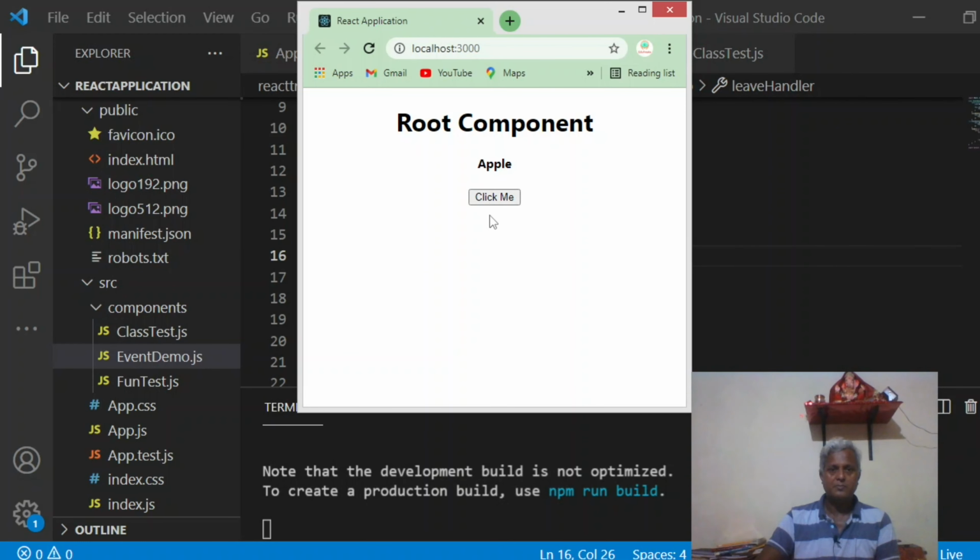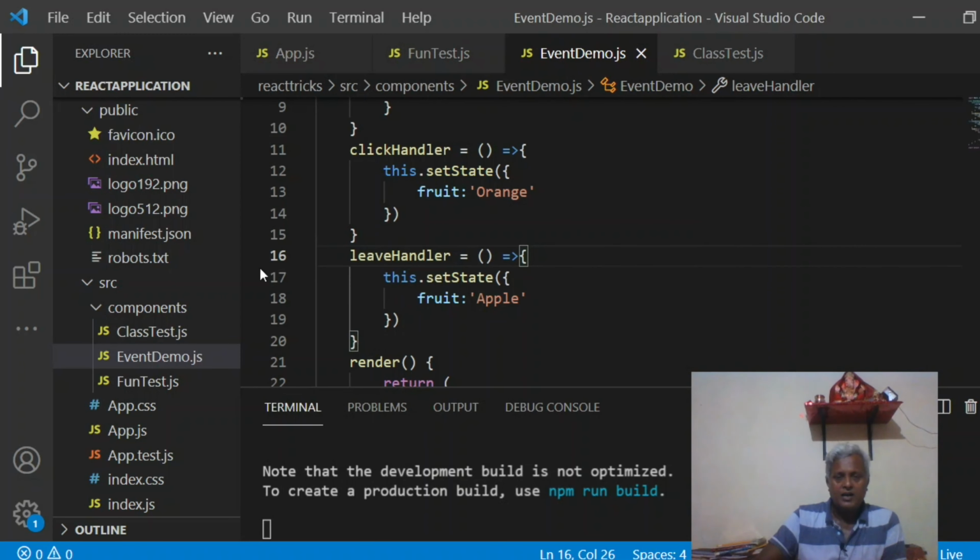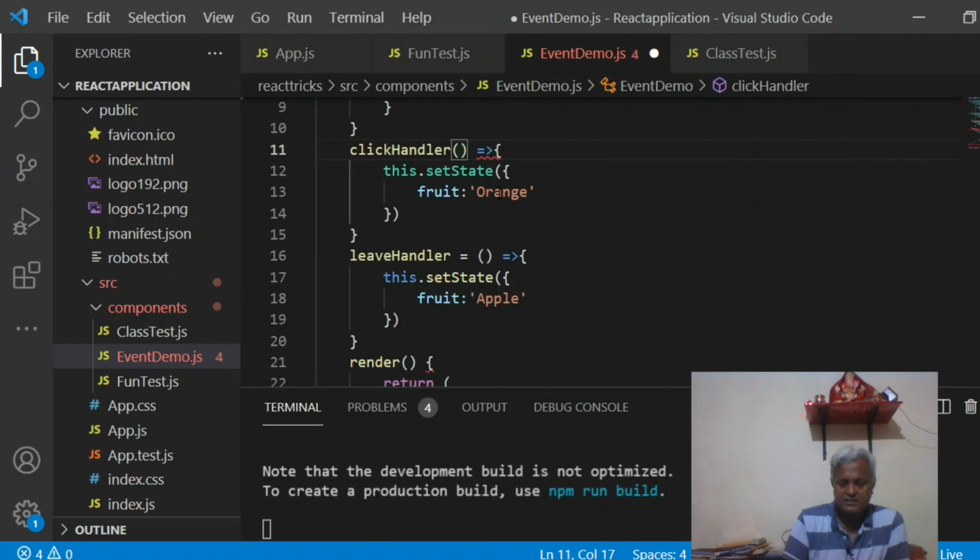So orange, apple, orange, apple, orange, apple, like this. This is called an event, like you are eventing, you are adding the event, and then with the help of functions. Now the question is that I'm using this ES6 style. Instead of using this, if I don't use this ES6 style,